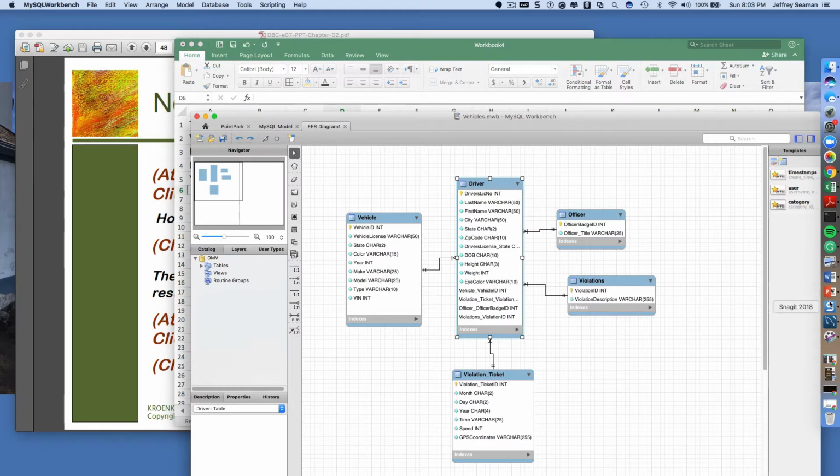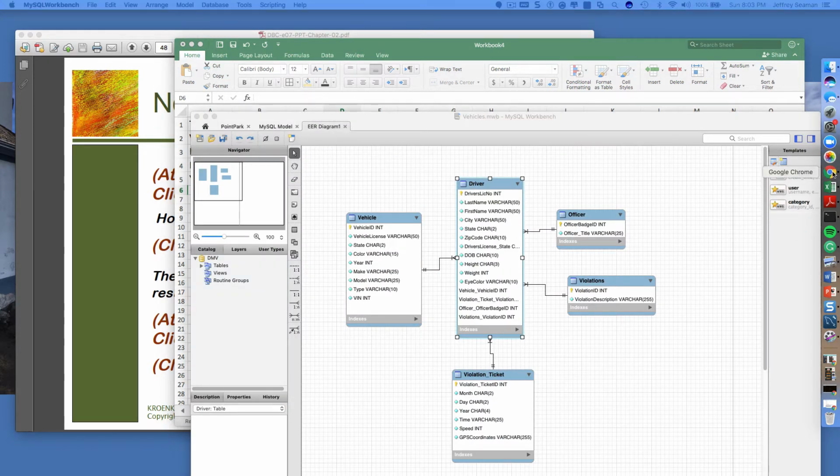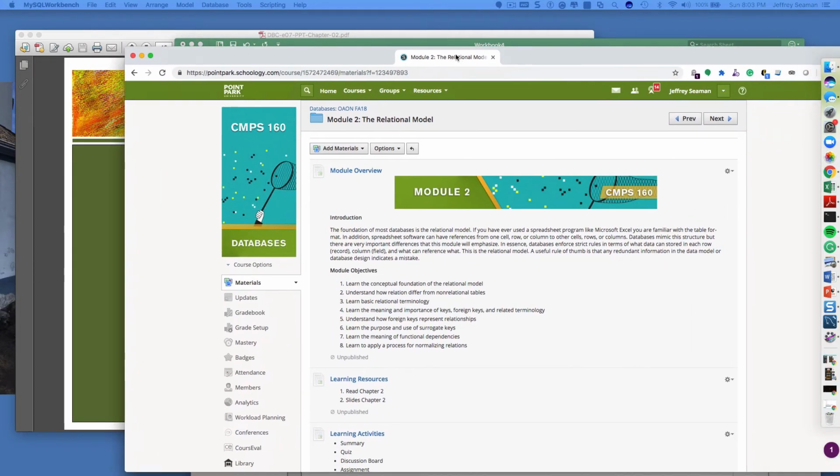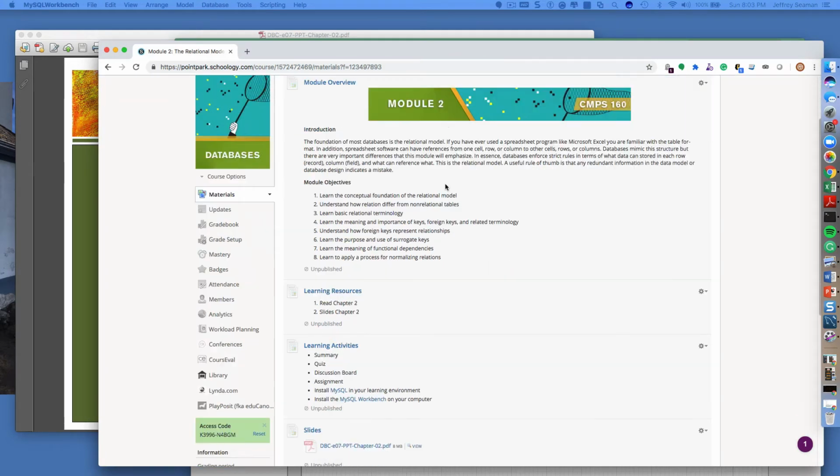So let me actually pull up this week real quick and go over it, just to make sure that you've got everything that you're supposed to be doing. And then I'll quit talking. All right, so relational model. Bringing this window over here. So this week,